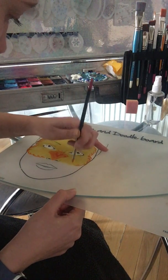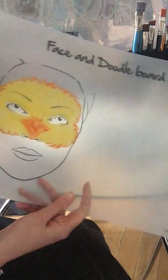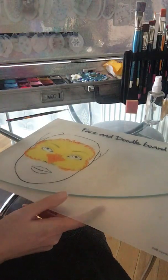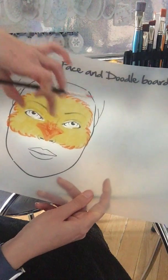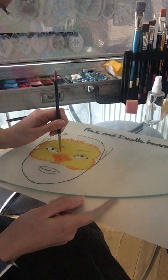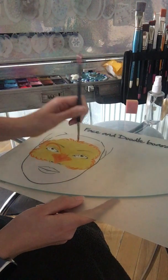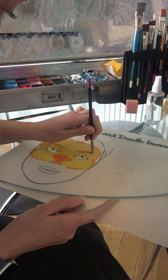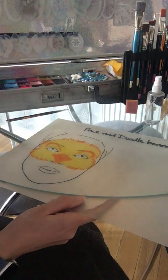Curve it round. There you go. And that's like the basic outline of your chick. So what I also like to do, just because this area ends up being quite bare in the middle, is just go almost from the tip of your eye all the way up to the arch of your eyebrow and curve around. Again on the other side, and this is literally nothing more than just to add a little bit more interest to the design,